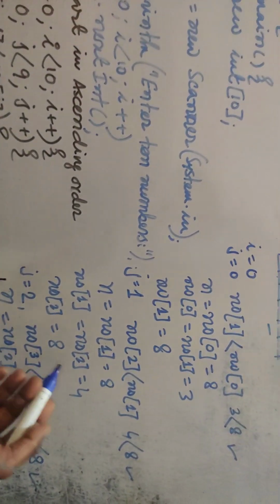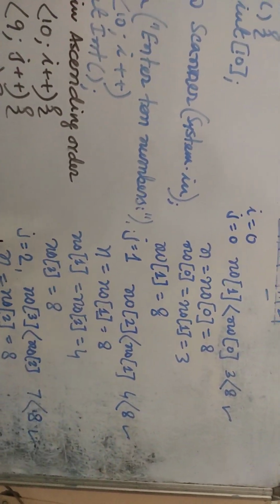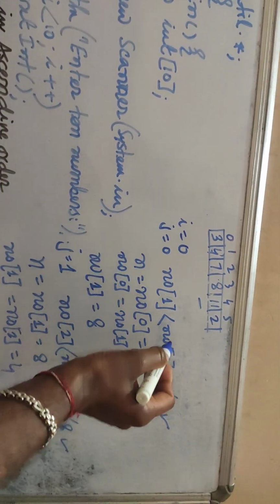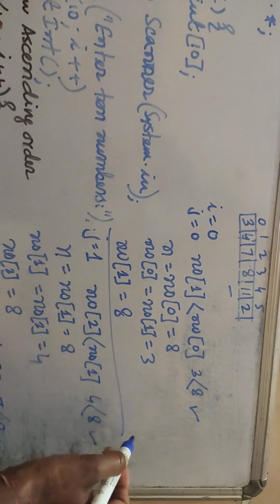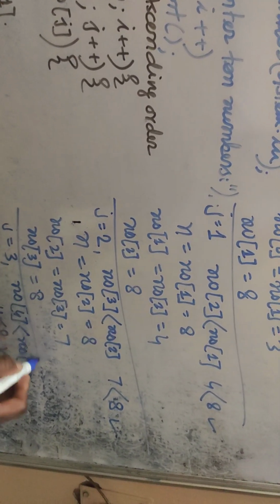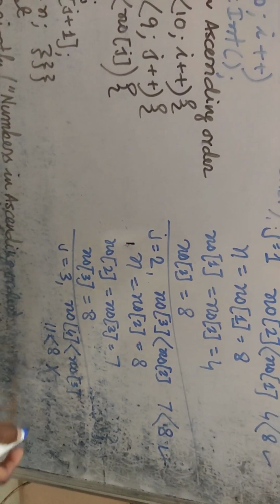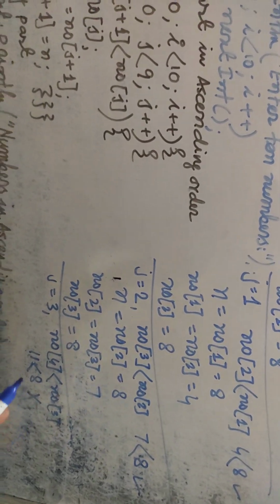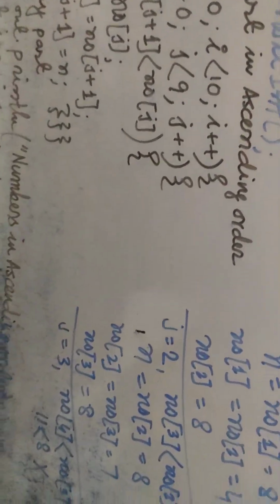Okay. When it is true, then it swaps. That's why see, j0, then that part. j1, then that part. j2, then that part. j3, then this. Clear? So this is your program of